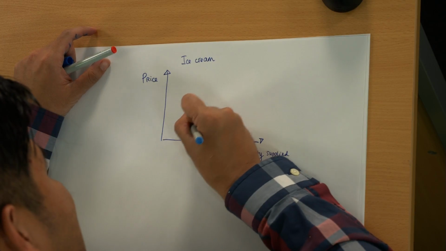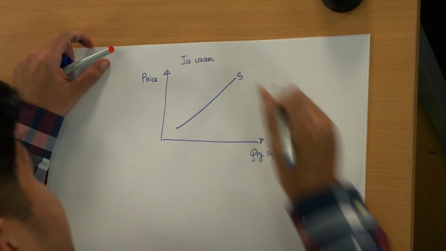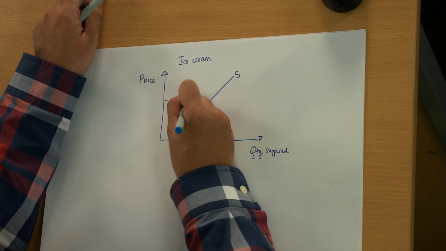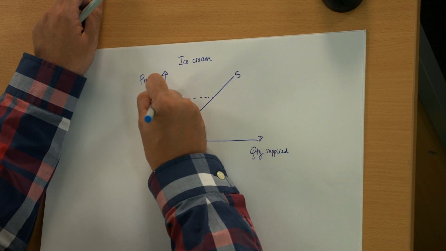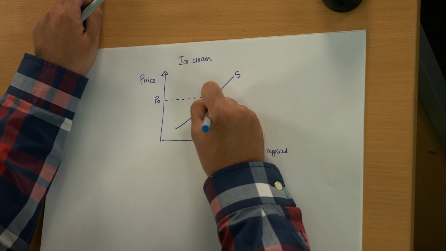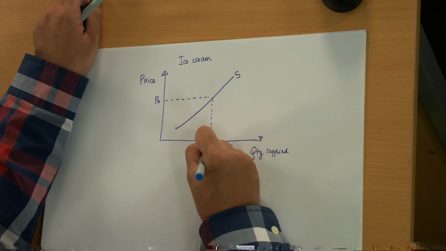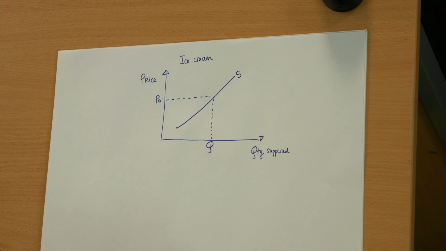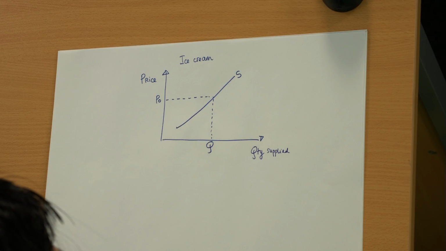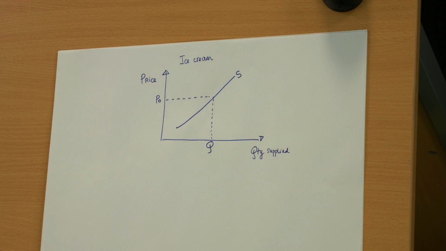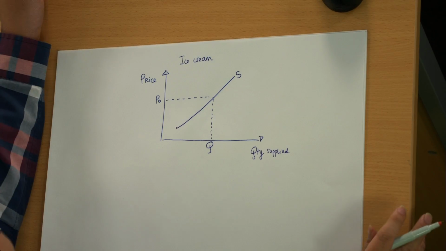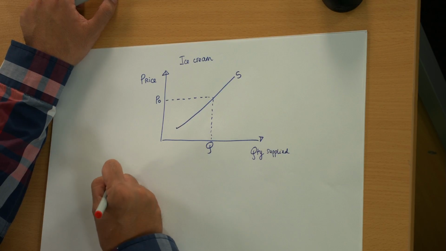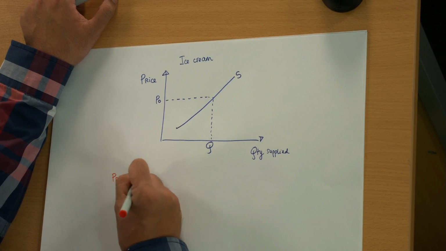Upward sloping, good. Okay. The price is supposed to be there. Quantity supplied is there. Okay. I'm not going to change the price, but something else is changing. What is that something else, guys? Price of sugar